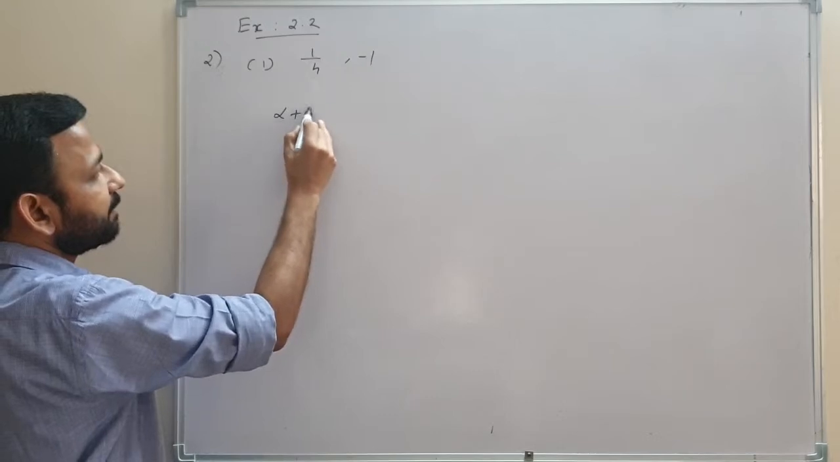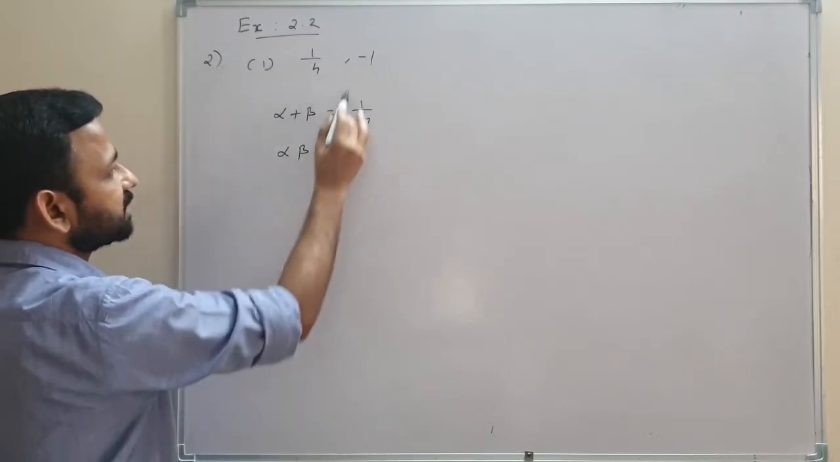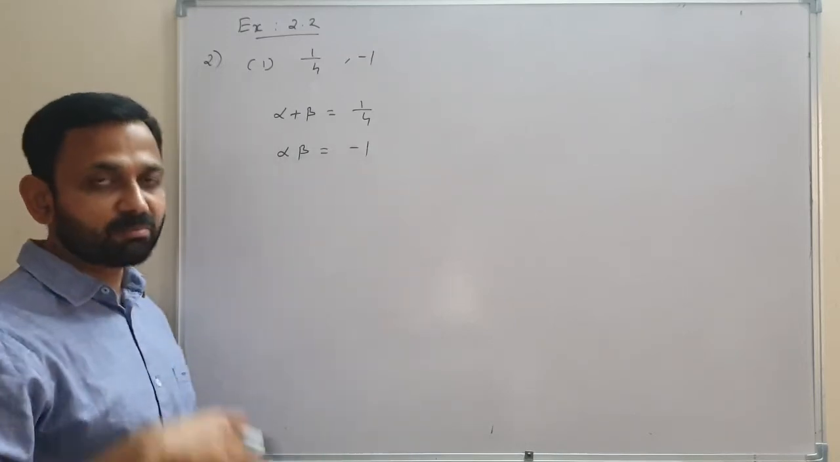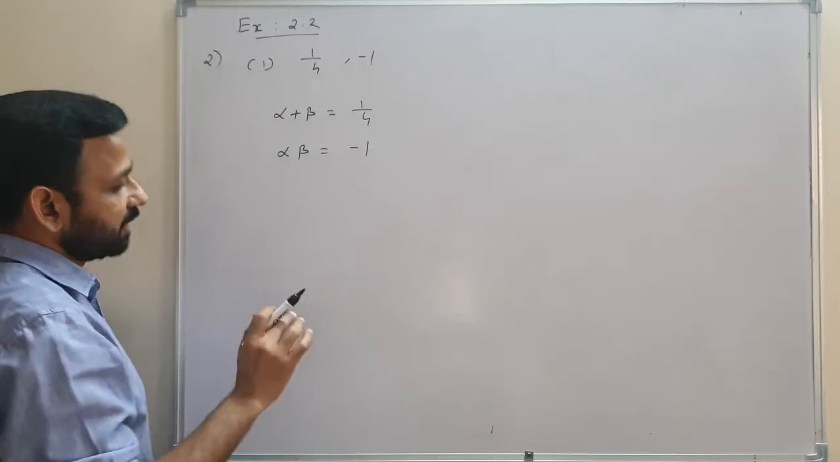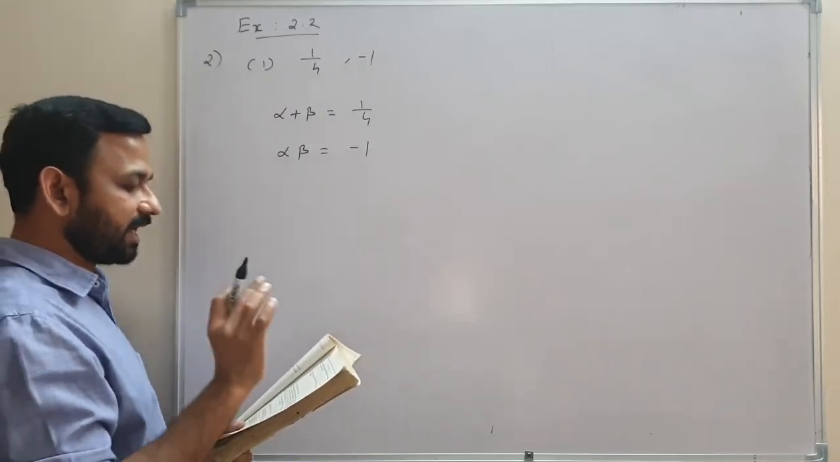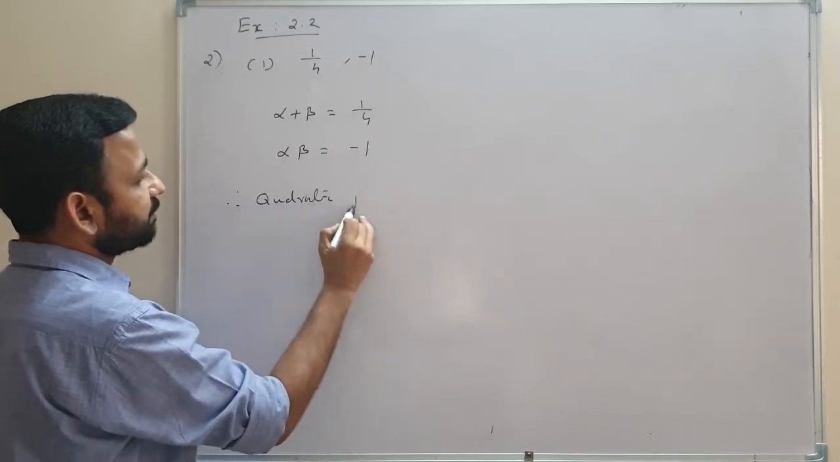So alpha plus beta is given, that is 1 by 4, and alpha beta is given, that is minus 1. Sum of the zeros given, product of the zeros given. Then we need to find a quadratic polynomial. Therefore the quadratic polynomial